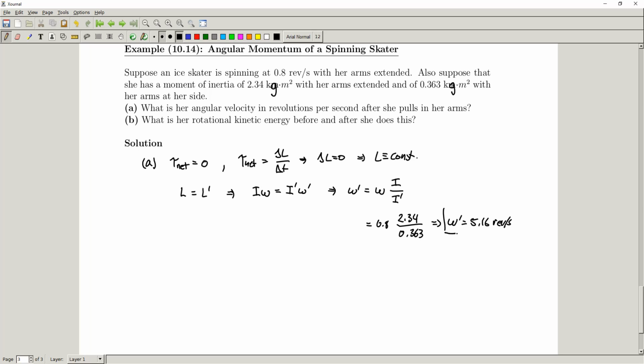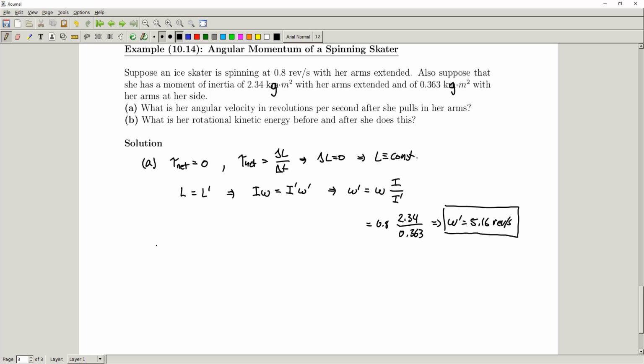We are in revolutions per second because we started off with our initial omega in revolutions per second, right? So we're still in revolutions per second, and that's fine if we're looking for revolutions per second. We didn't change from revolutions per second. We didn't try to go into joules or some other thing, calculating other values, which we are going to here in Part B, so we are going to need to change units. But if we were looking for revolutions per second, that's fine. If we were looking for radians per second, we'd have to be careful and switch to radians per second now,